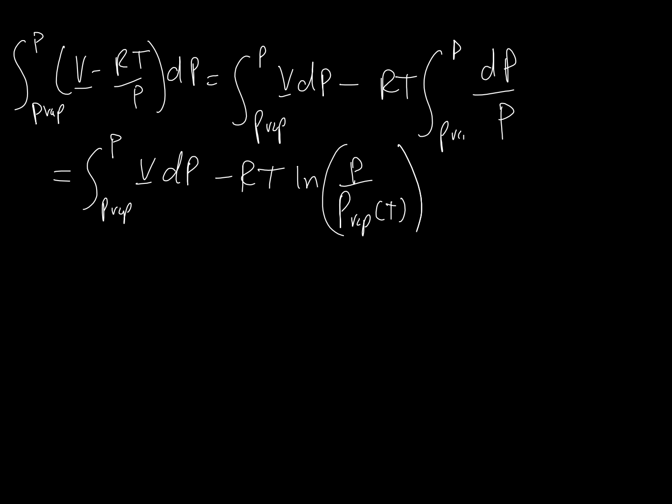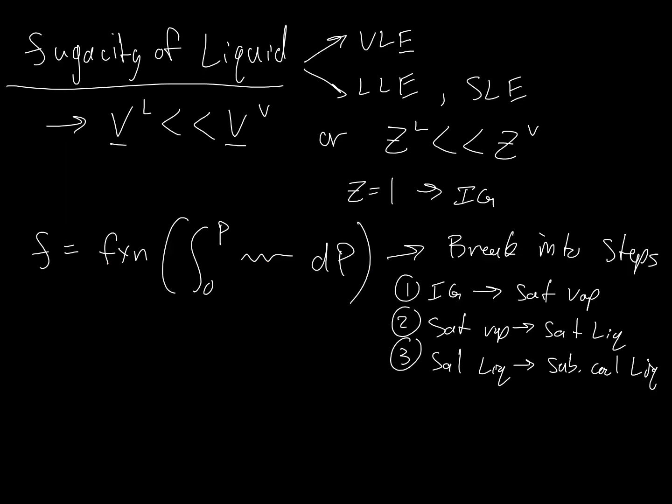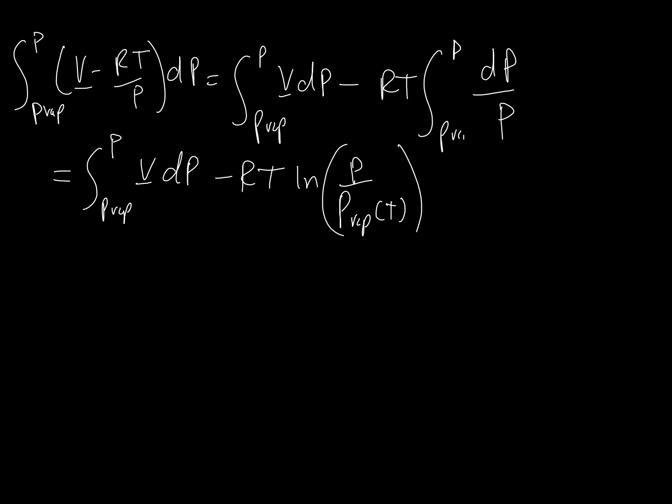Okay, so I'm going to skip over some steps and get us to the final conclusion. If we go back to our starting point, our left-hand side of the equation is RT ln f. So we're going to divide everything by RT and then take the exponent of everything. What the exponent allows us to do is combine all of these adds into multiplies and divides, so it lets us cancel some things out. So what we'll get out of it is eventually that the fugacity of the liquid is equal to P